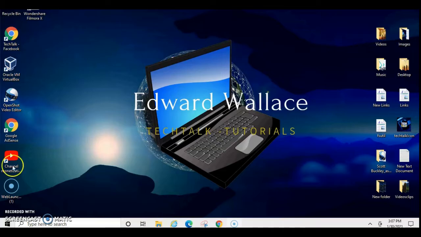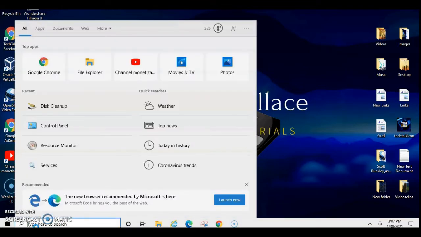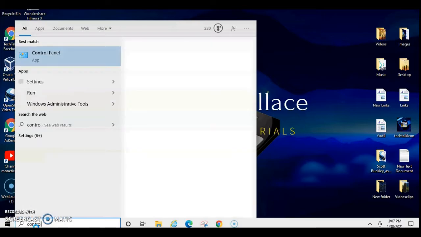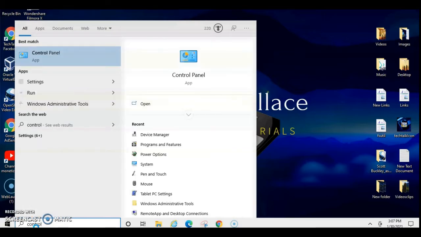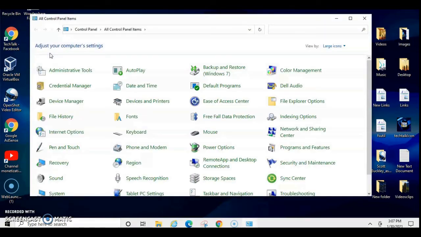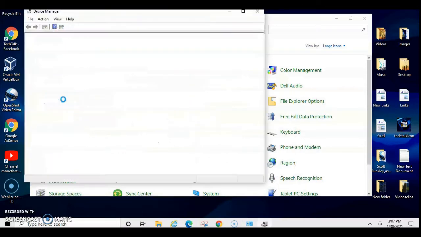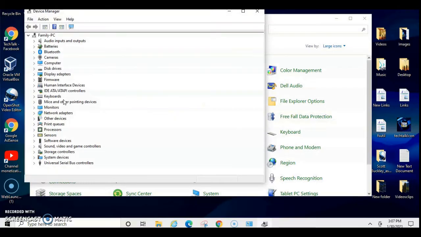But if I click and it responds quickly, if I type control panel, it's typing quickly, and if I click on control panel, it's opening pretty quick. If your computer is lagging when you do that or opening really slowly, then some of the things I'm going to offer here may help with performance,